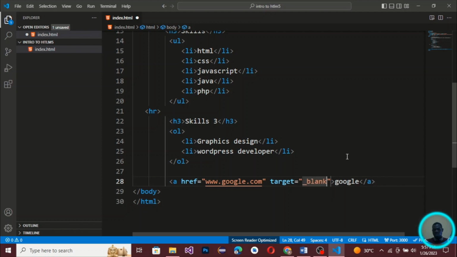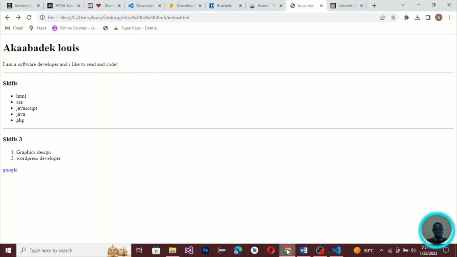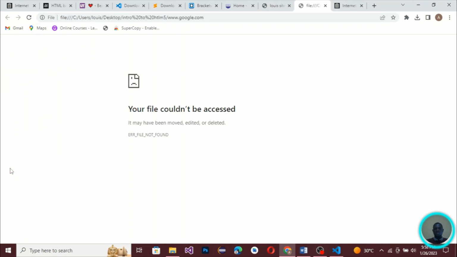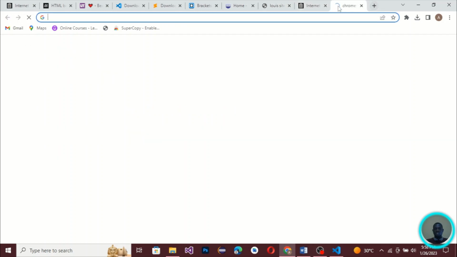Underscore blank, so it will open a new tab on the web. So let's save it again, refresh it. So let's click on it. Okay, your file could not be accessed. So let's see,